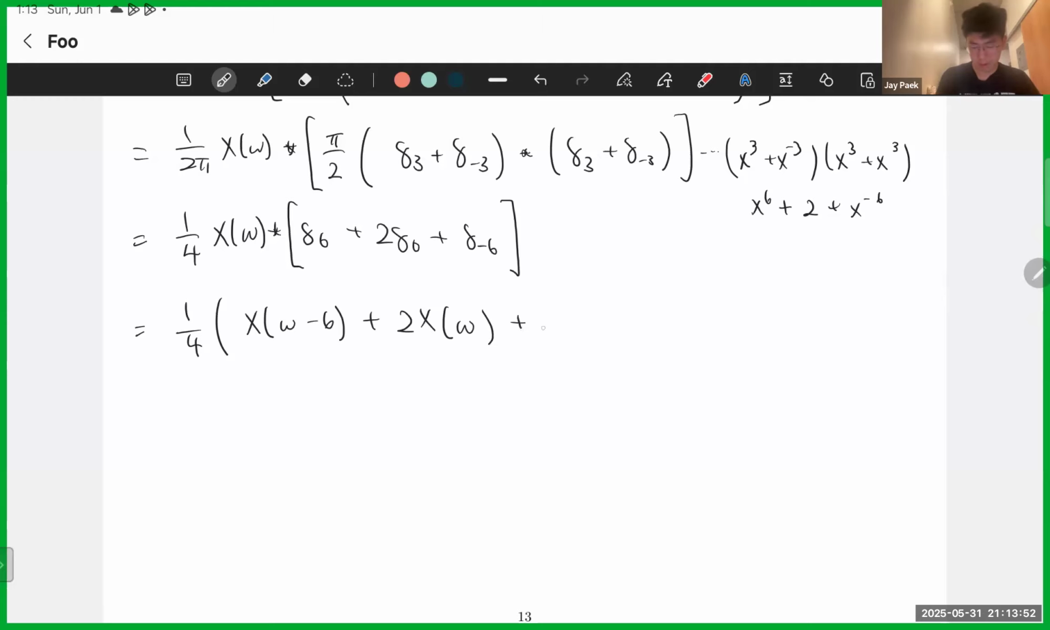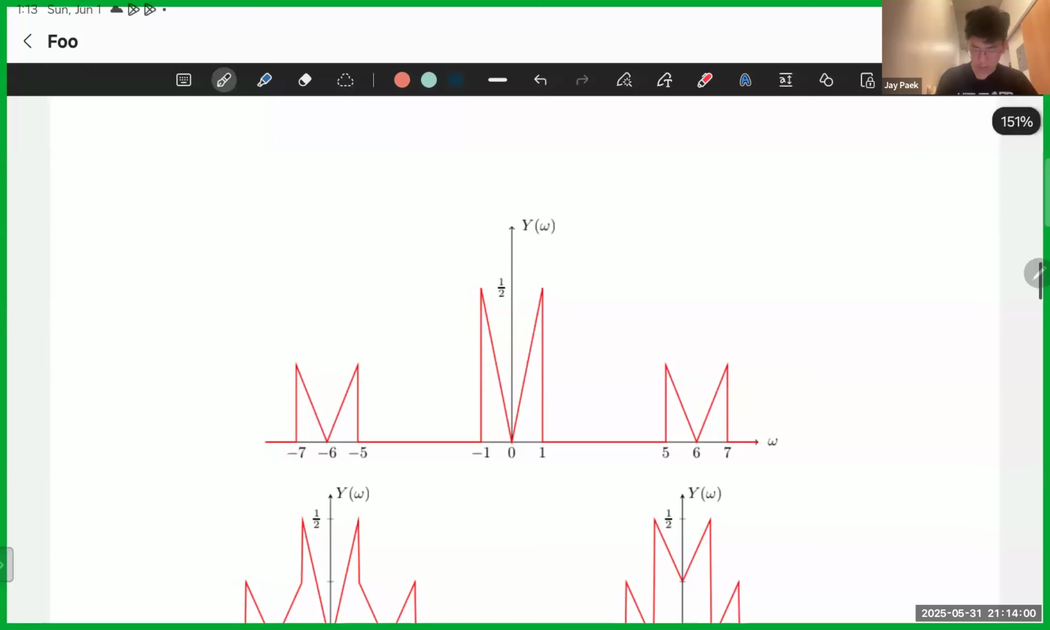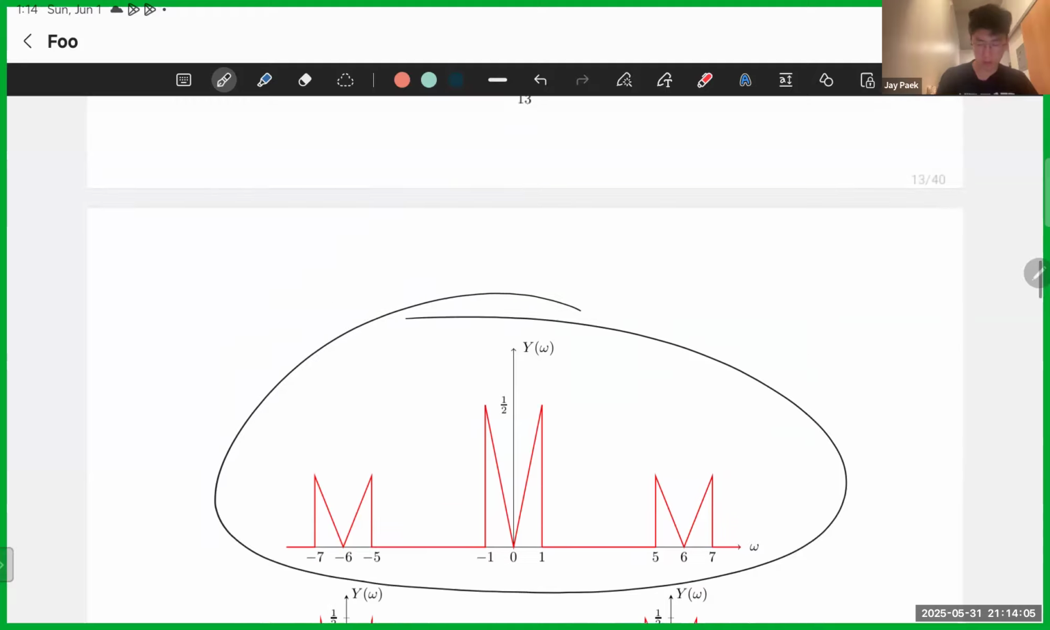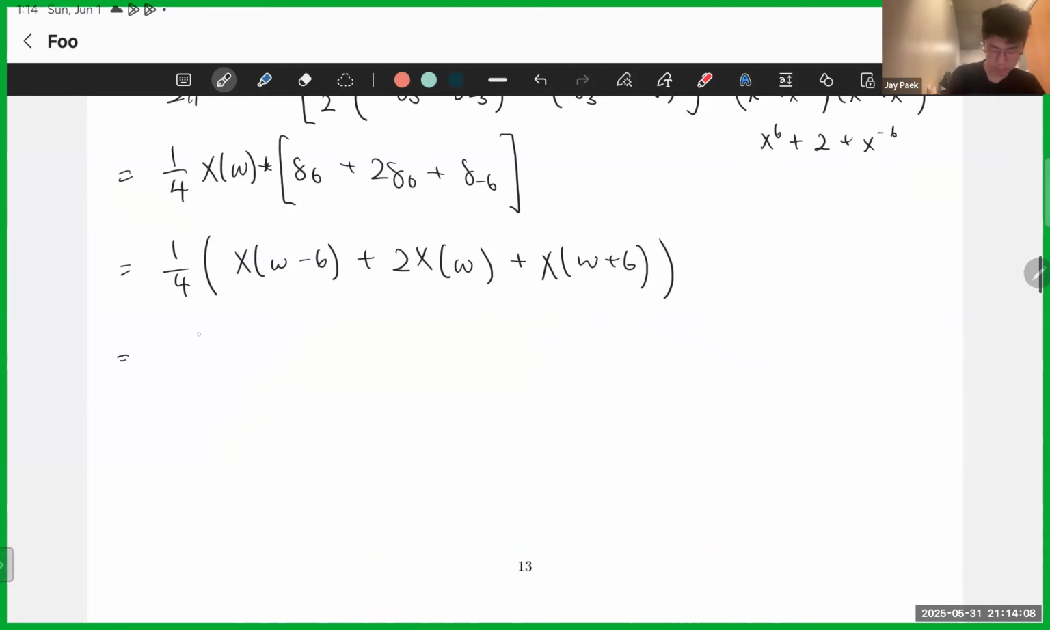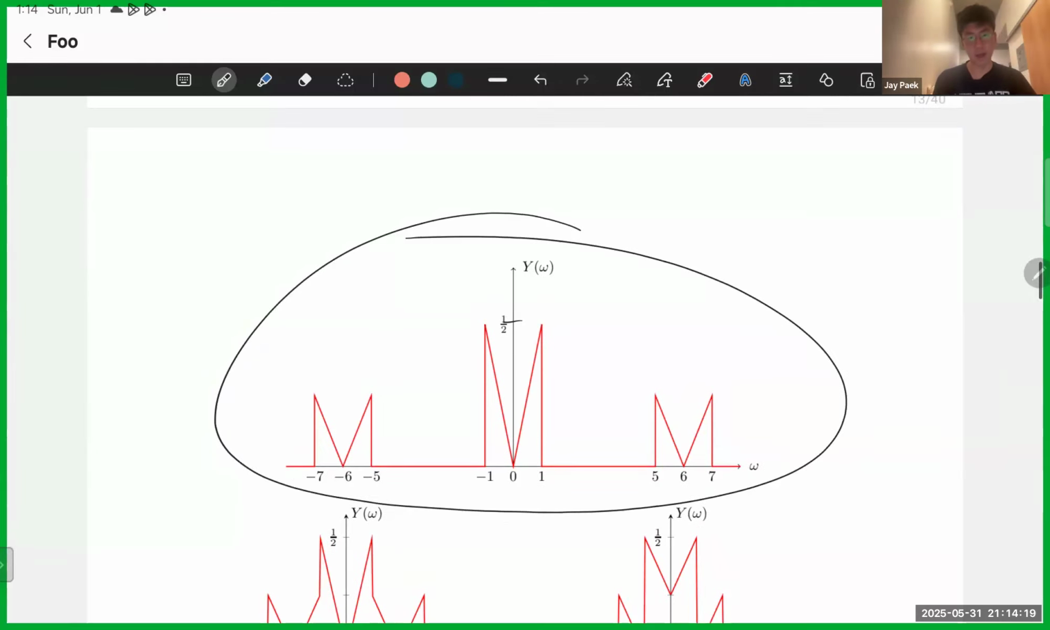It's just 2x omega. And then x omega plus 6. Voila. And so it is clearly this one because, well, maybe I want to factor out the coefficients, so I'll just do this. I have 1 in the middle that is of height 1/2, and it's the same exact shape. And I have 2 pinpointed at 6 and -6, each with half of the height,